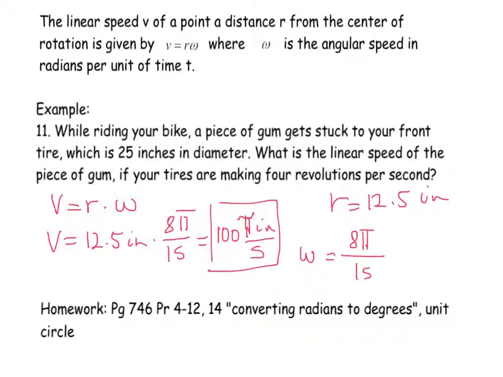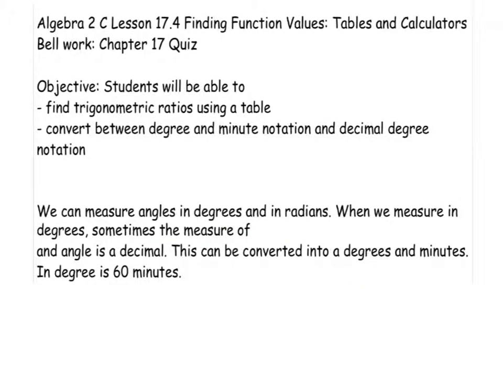And this concludes the lesson from yesterday. So we are going to now move on to the next lesson. In today's lesson, we are going to talk about finding function values. We are going to mostly use calculators, but you can also use the tables which are in the back of your book. The objective is that at the end of this lesson, you'll be able to find trigonometric ratios using a table and convert between degree and minute notation and decimal degree